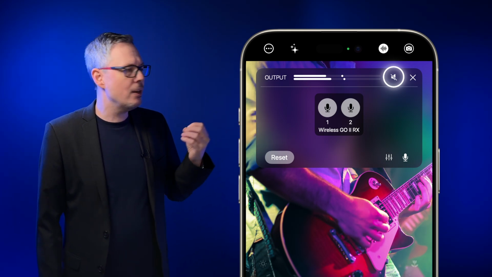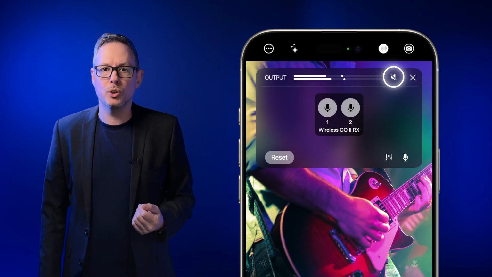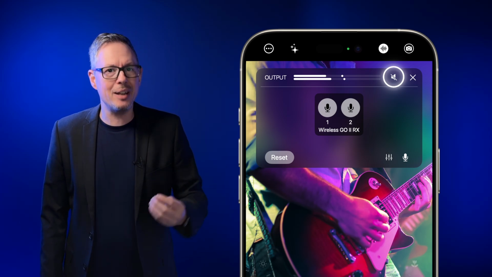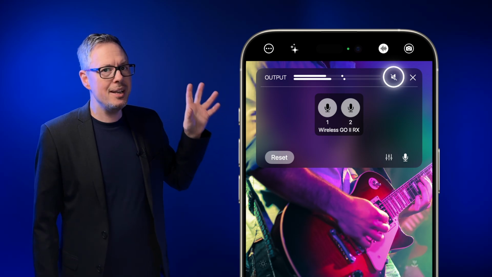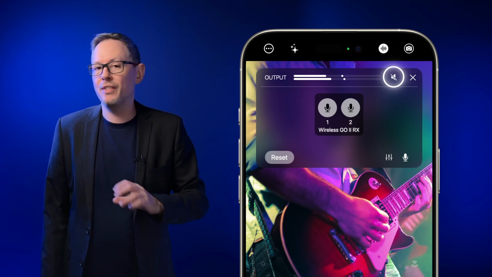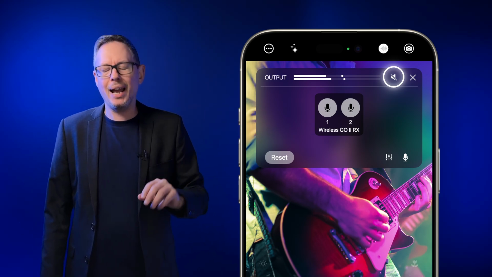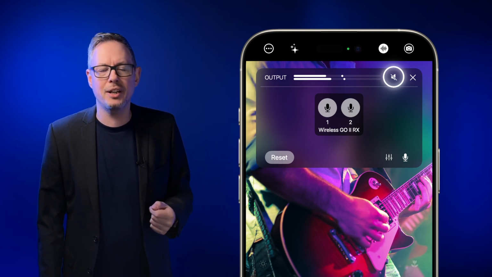Okay, the last thing in this panel is the monitor tool at the top there. If you tap this, it will allow you to hear the sound that you're recording. Where you're going to hear it depends on what you've got plugged in. So right now, it's going to go to the internal speaker. That's okay for the radio mics. Might howl around on the internal mics, but you can just turn it on and have a listen.